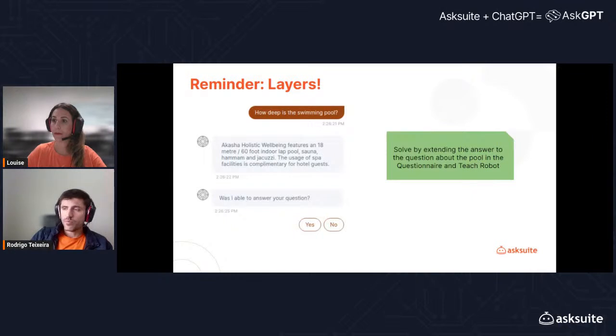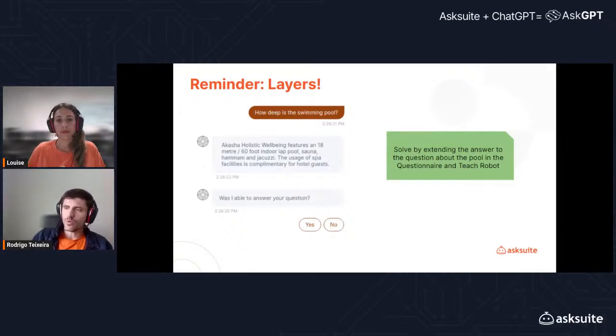And it's important to remember that AskGPT does not replace the previous AI layers. So AskGPT is our third one. So questions already answered on Teach Robot and the questionnaire will be responded by these logics and not by the generative AI of AskGPT. In this example, the traveler asked, how deep is the swimming pool?